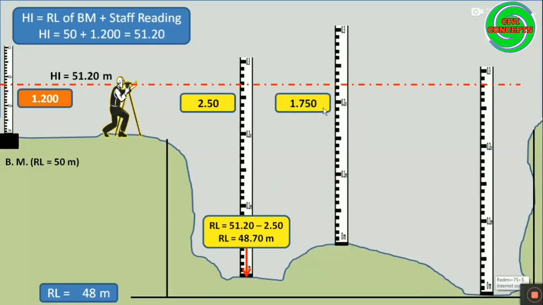राइट दोस्तों, यहाँ पे जो स्टाफ है उसका रीडिंग आया 1.750 मीटर। दोस्तों इसकी आरएल कितनी आएगी? एच आई माइनस स्टाफ रीडिंग। तो एच आई कितनी है 51.20, स्टाफ रीडिंग कितना आया 1.750, मतलब आरएल ऑफ दिस पॉइंट कितना आया 49.45। दोस्तों देखिए यहाँ पे आया 48.70, यहाँ पे आया 49.45। दोस्तों इससे आप पता लगा सकते हैं कि ये जो ग्राउंड लेवल है इसके कंपेयर में ये जो ग्राउंड लेवल